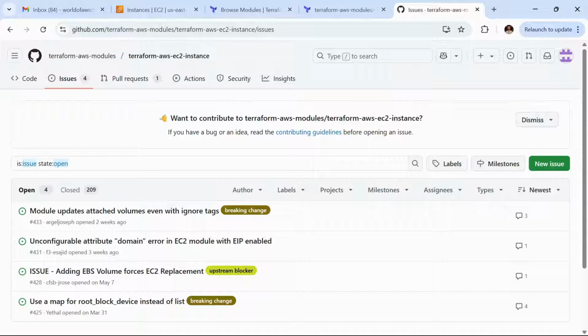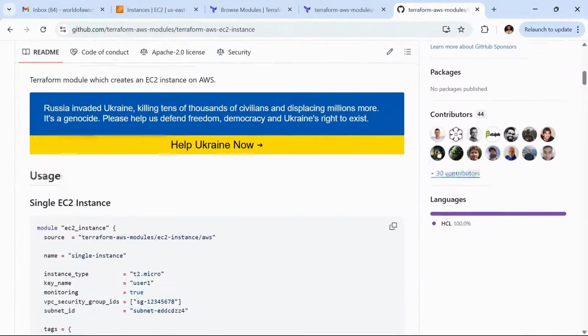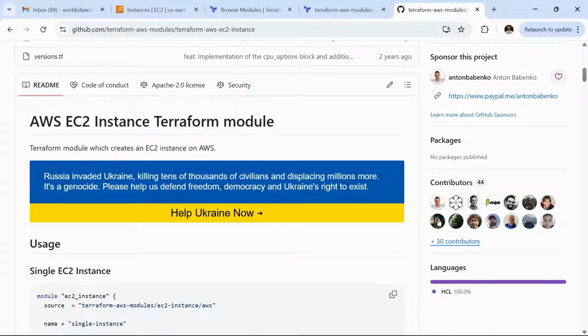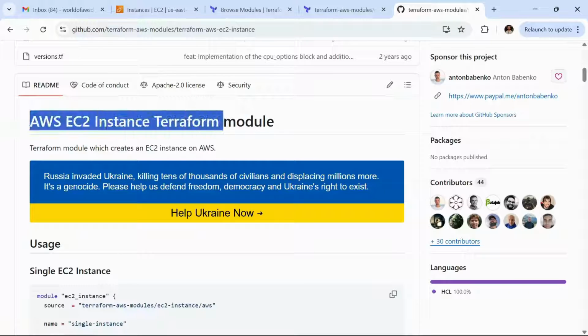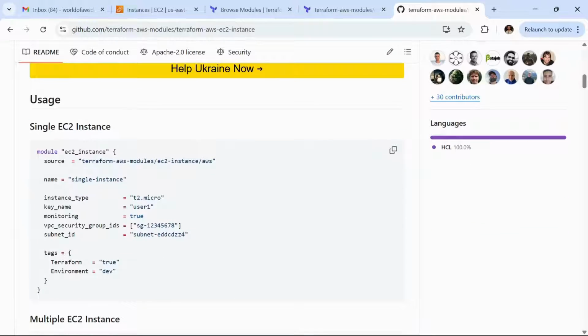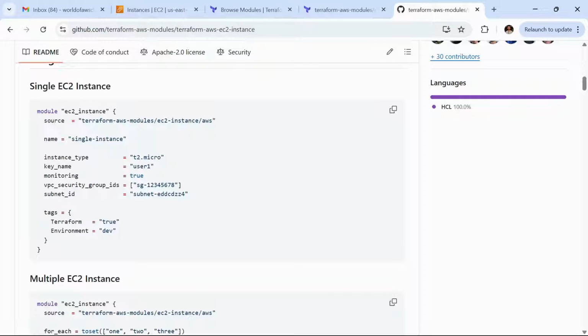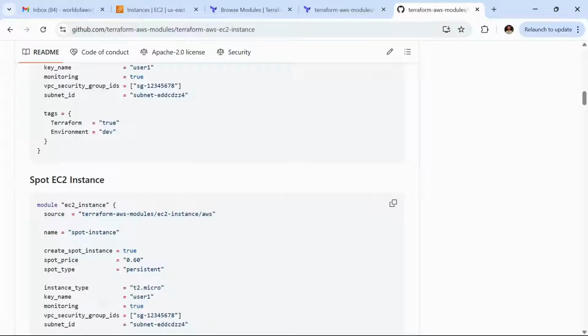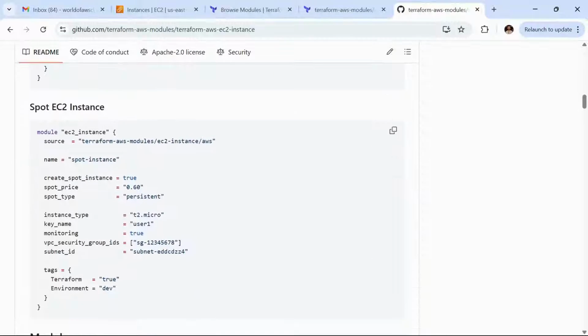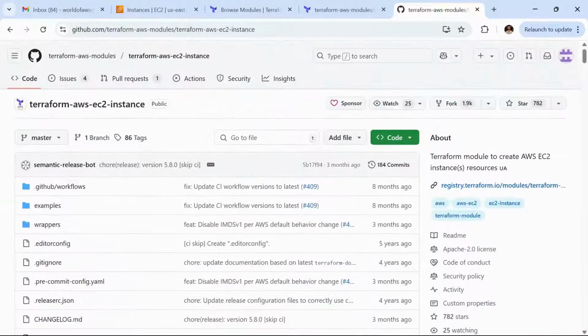Let's go back to the code. We also have to look at the documentation. If we have proper documentation on how to use this module and what input parameters we need to provide, we can get all the details here.